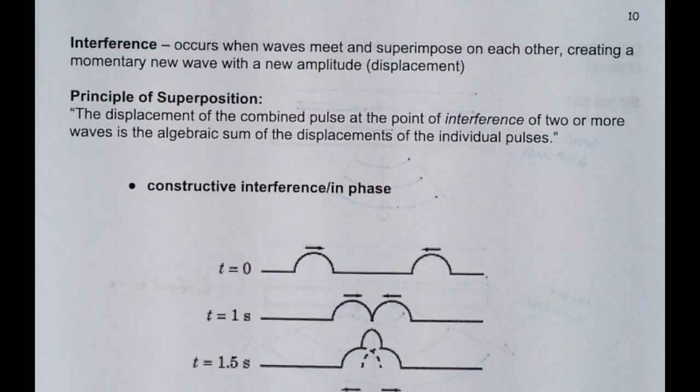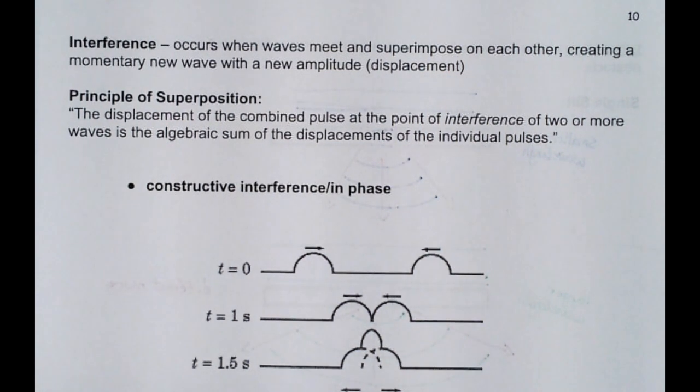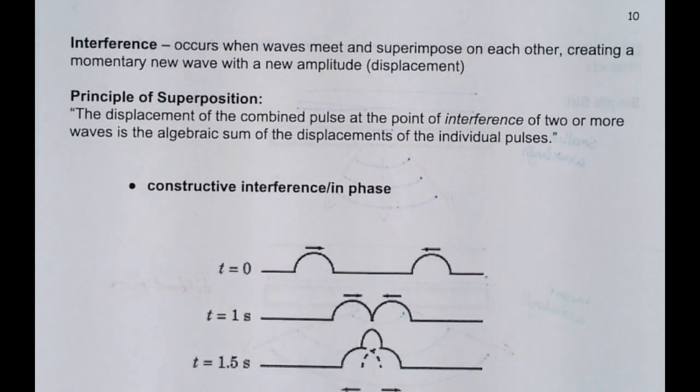The last bit of terminology we're going to look at when we're talking about waves is interference. So interference occurs as the result of diffraction, or it's when waves meet and superimpose on each other, creating a momentary new wave with a new amplitude or displacement. So this gives us something we call the principle of superposition. The displacement of the combined waves